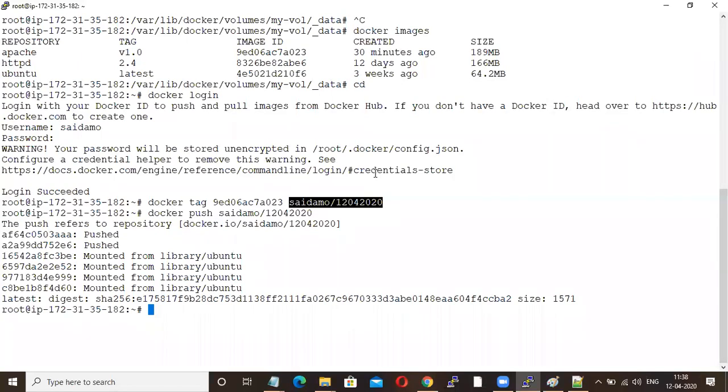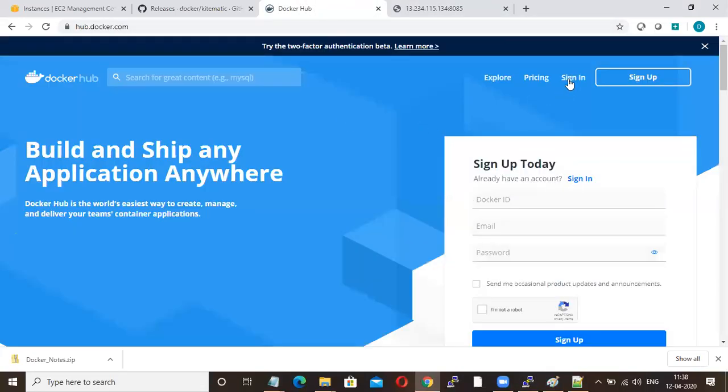Now if you go and check in Docker Hub, Docker Hub sign in.